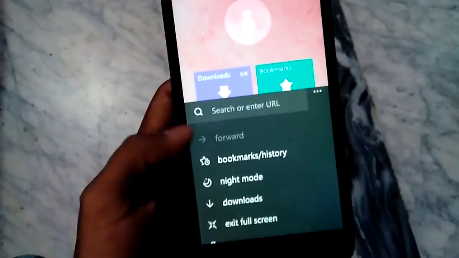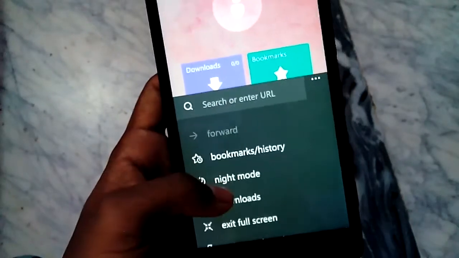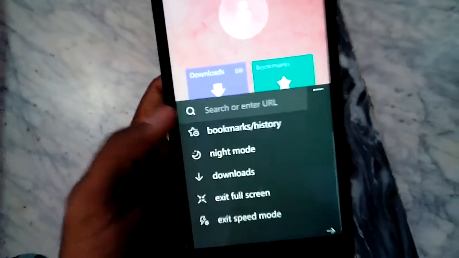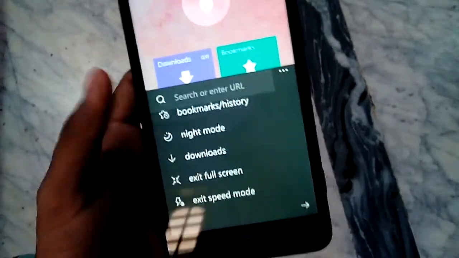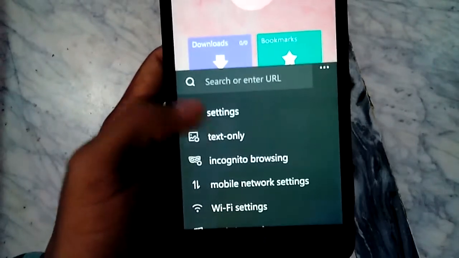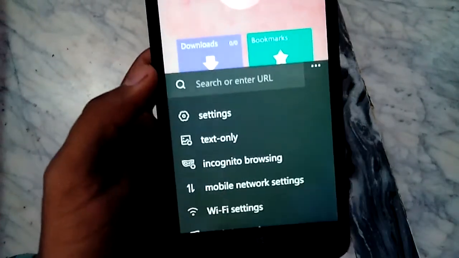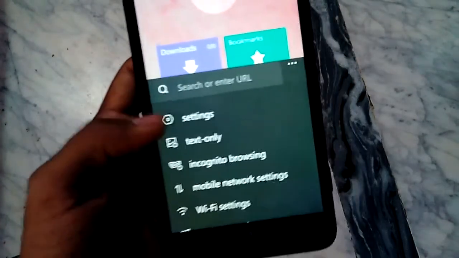We have bookmarks, history, and night mode, which is very useful during night when we switch off lights and use phones. And we can easily find downloads and exit full screen and exit speed mode. Speed mode is nothing but it loads our web pages very fast by saving a large amount of data, which is very useful, I believe.